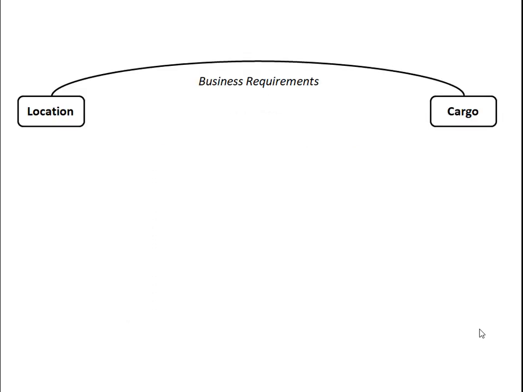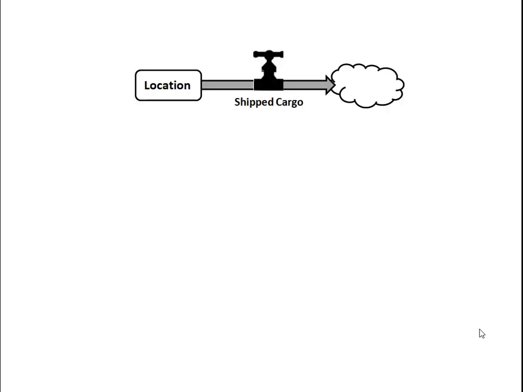here's the basic overview of the business requirements for the system we want to engineer. We have a series of locations, call them customer locations, call them workplaces, call them any kind of place that might want to send cargo around the world. A location has cargo that they want to either send or receive. So we're interested in designing a system for containerized cargo that will move cargo among locations all over the world as we see fit. To do that, we can think of it as a stock and flow kind of